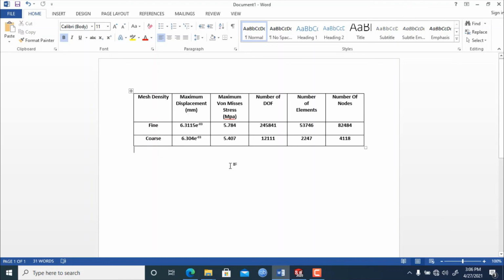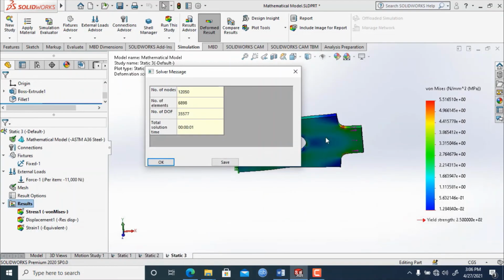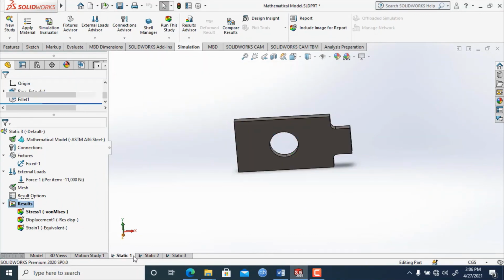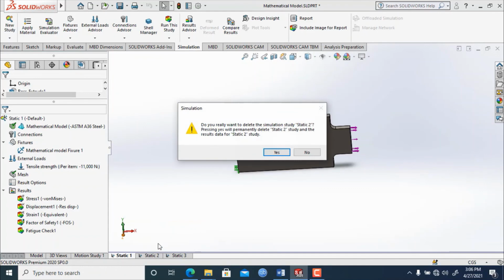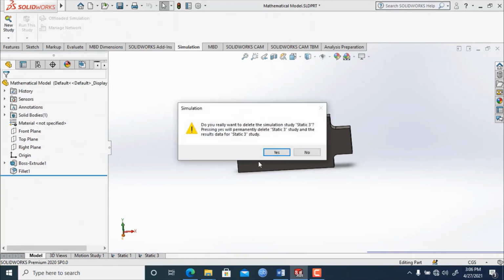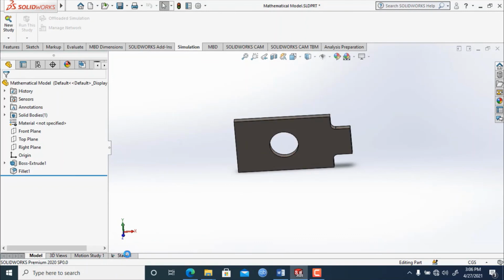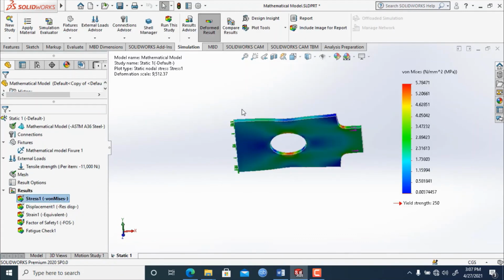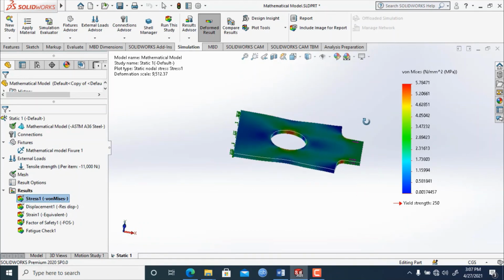I hope this topic is clear to you now. Let's go to static 1, and if you want, you can delete these studies: right click on them and click delete. Then right click here and click show. So this is our original study.